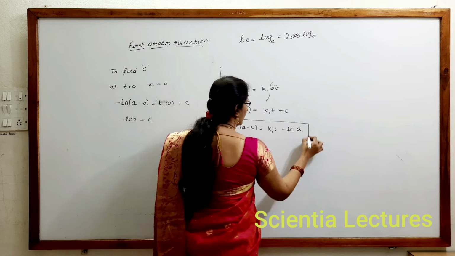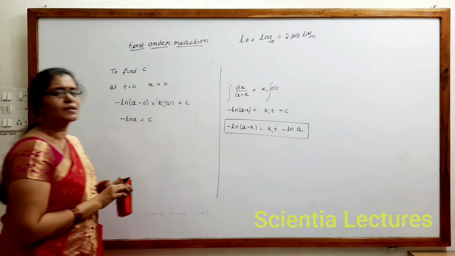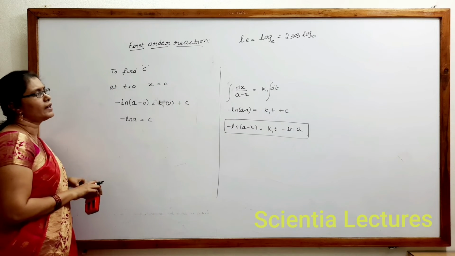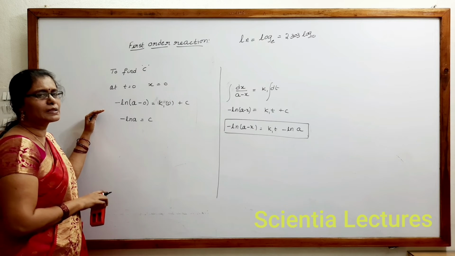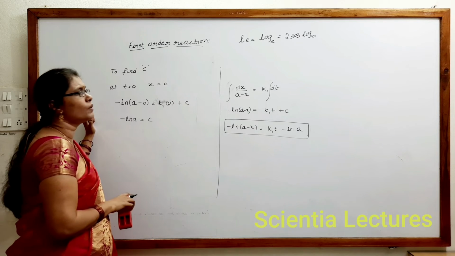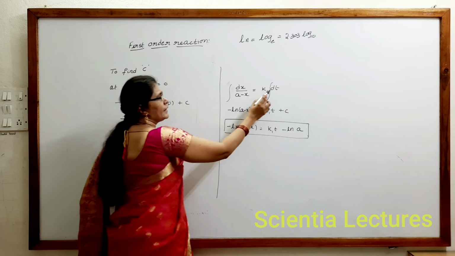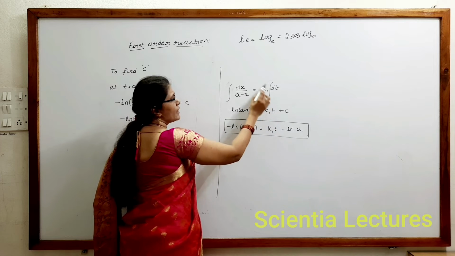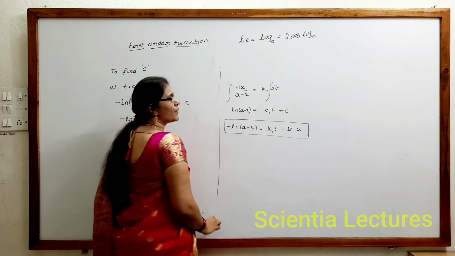This is the rate equation of first order reaction. You can just note down that the integral of dx by (a minus x) must be equal to k1 times the integral of dt. We will get the integration of dt as t. Anyways, on one side we have to keep the constant.